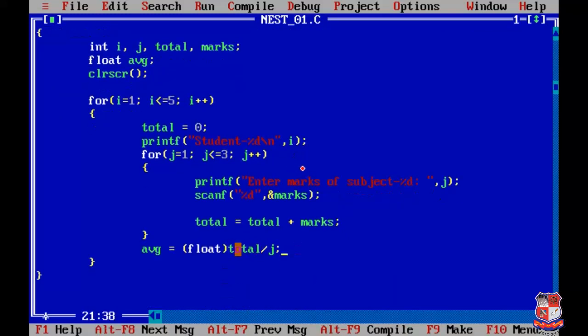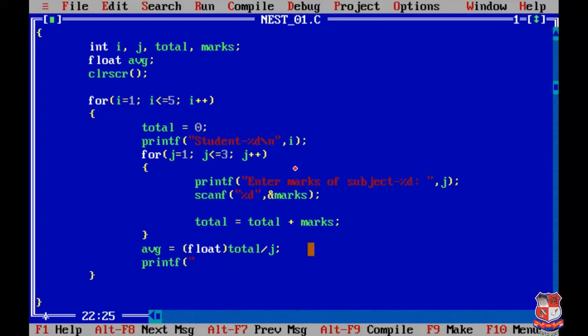So after calculating the average, we have to print the value of total and average of each student. We have to do that outside the inner loop and inside the outer loop. So we'll use a printf statement over here.